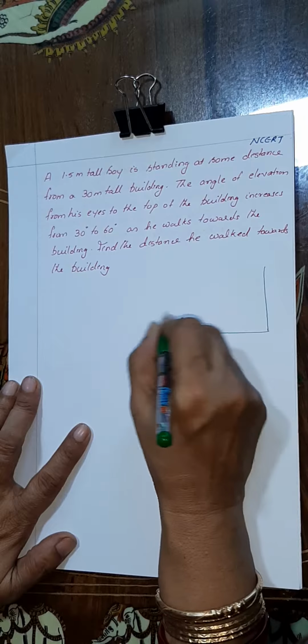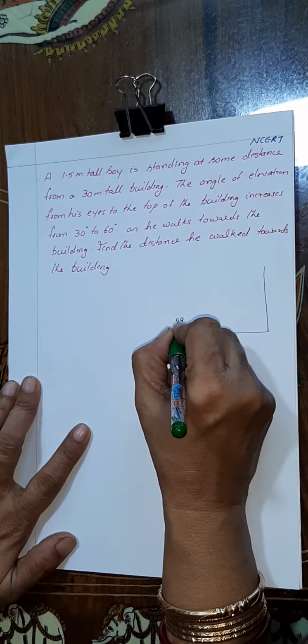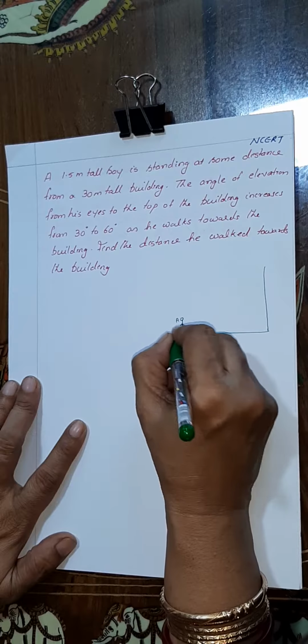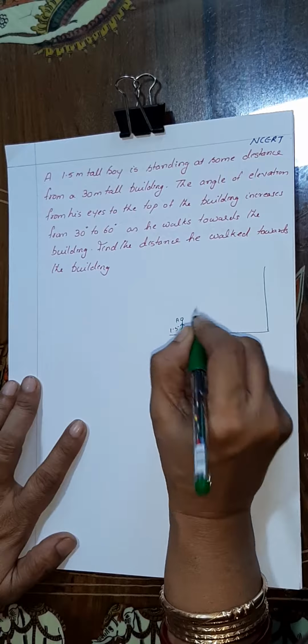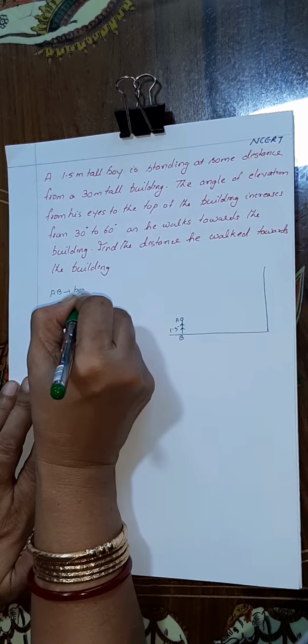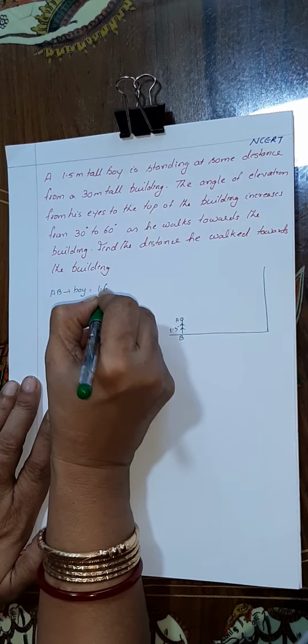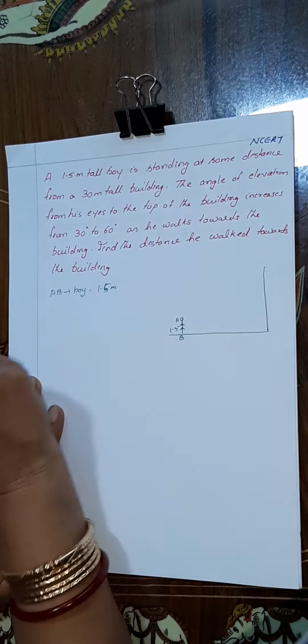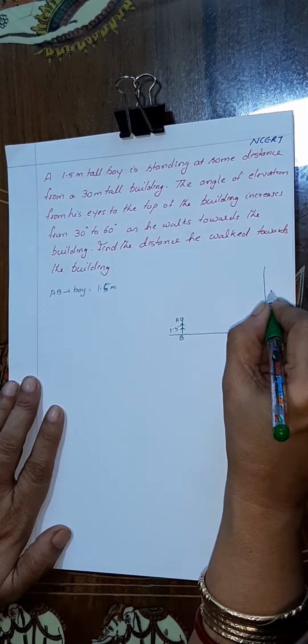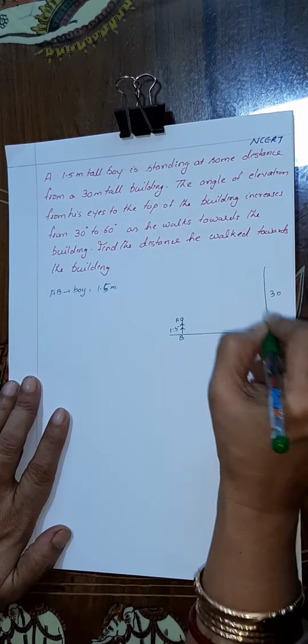Suppose this is A and B. AB is 1.5 meters. So AB is the boy, 1.5 meters. And the building is 30 meter tall. So PQ